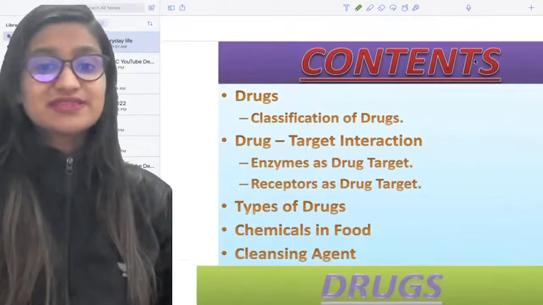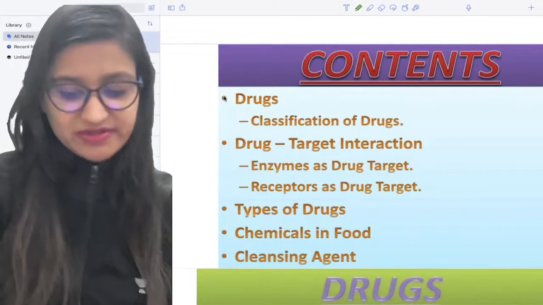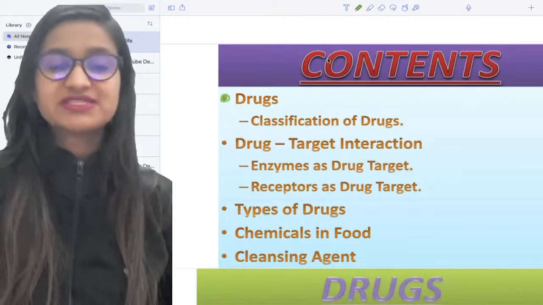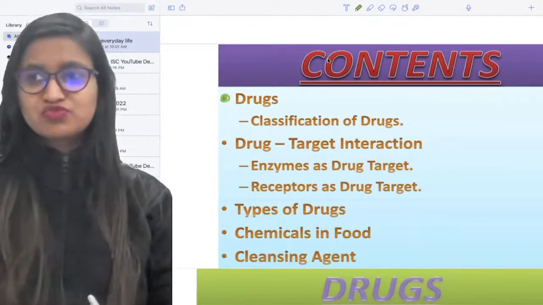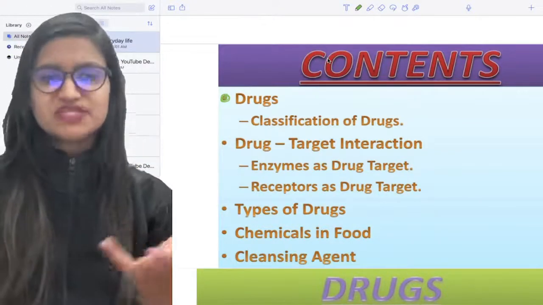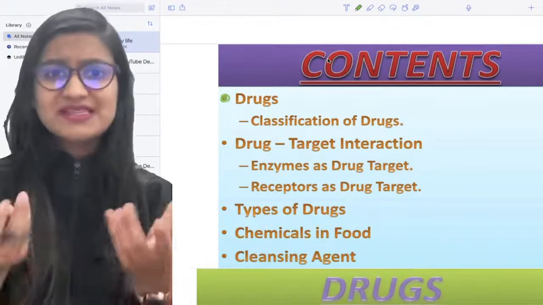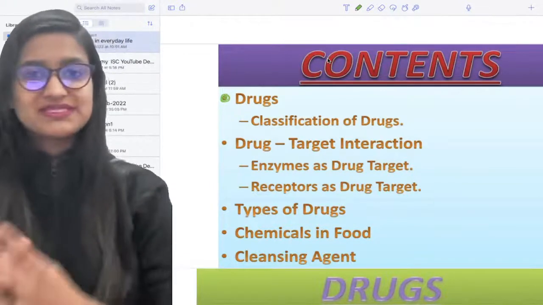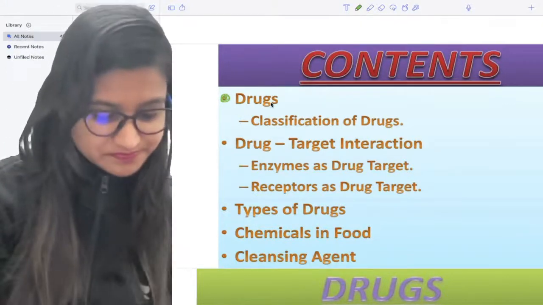So yes, let's look at the contents, okay? How are we going to cover this chapter? So the very first thing that we need to cover in this chapter is about drugs, okay? And drugs are not only what you use in your daily life; even the medicines, जो नॉर्मल मेडिसिन होते हैं ना, they are also called drugs. जो आपकी पेन किलर है ना नॉर्मल, right, diclofenac, Dicloven, जो भी आप ये ऐसे पेन किलर्स लेते हो, even they are classified as drugs, okay?